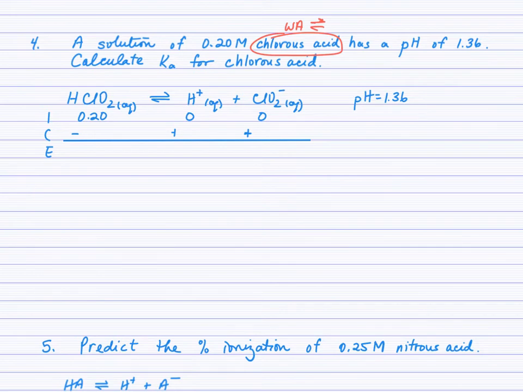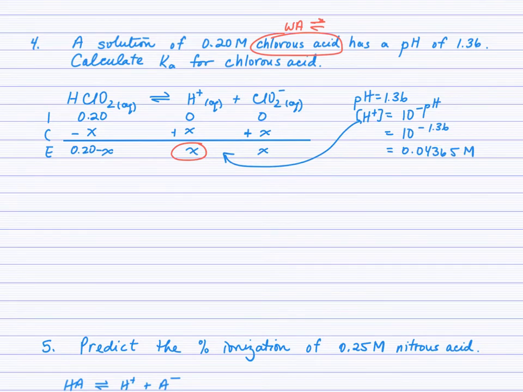So what was given? Oh, the pH was given. So what could I do with the pH here in order to help me start to complete the ice table? Well, if you recall, the pH relates to the hydrogen ion concentration at equilibrium. So can't we use the formula 10 to the negative pH in order to determine that hydrogen ion concentration? That would tell us this value here. So if I want to fill these in as X right now because I don't know them,